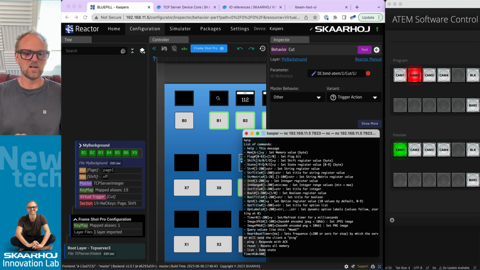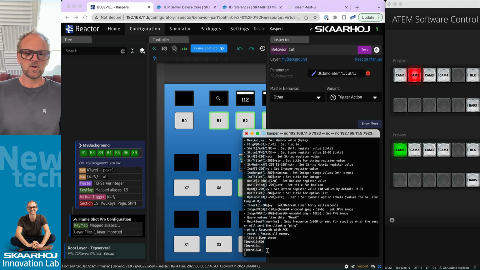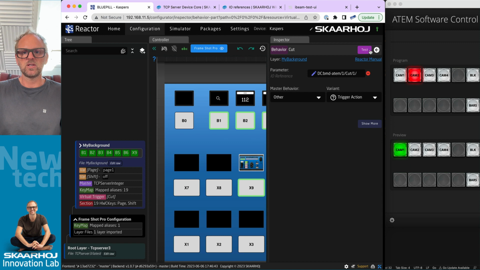a value in milliseconds. That's actually described right here: set refresh timer for so and so many milliseconds. So notice what happens. Timer number 10 is 1 for 500 milliseconds. That's half a second. And then it becomes 0 again. So this is actually much smarter, because then if we just go back here,